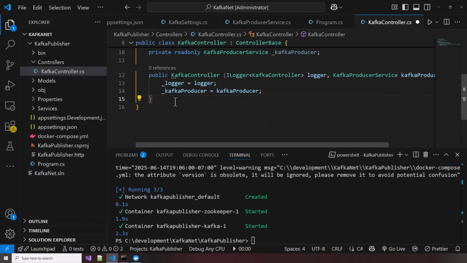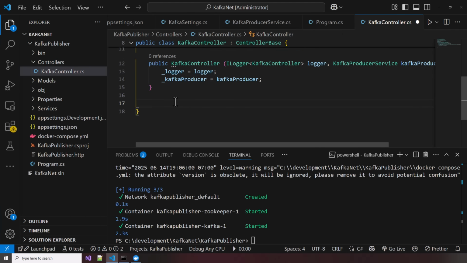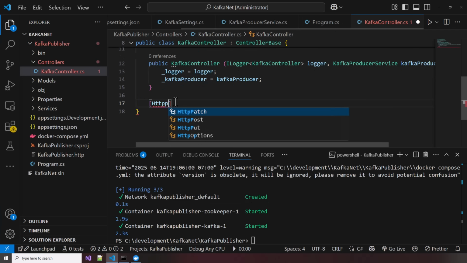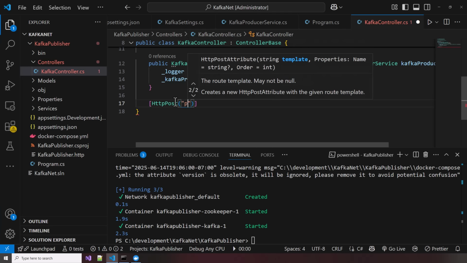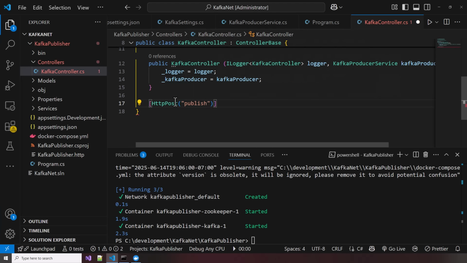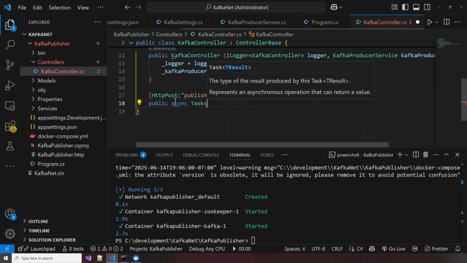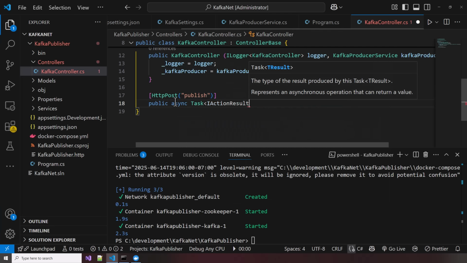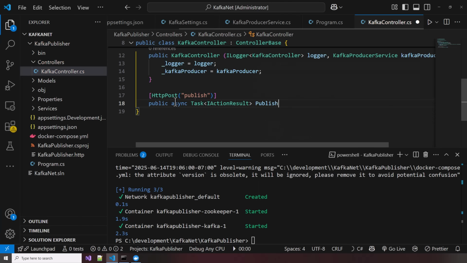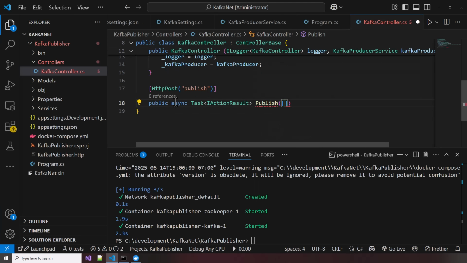Now let's create an action here. So we'll create a post endpoint. So we'll say HTTP post, and the route will be publish. Okay, so we'll say public async task IActionResult. All right, and we're going to say publish. And since we're going to post some string through a body or JSON, say from body, and we'll say string